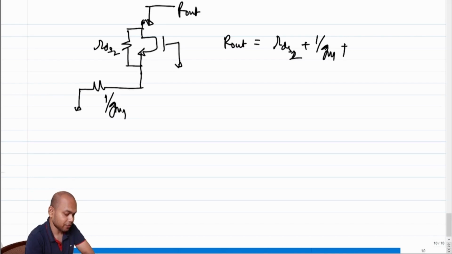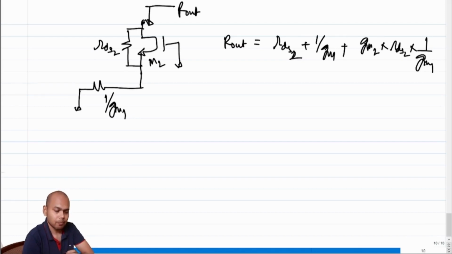What is the extra stuff? The extra stuff is GM of this guy, GM of M2, times RDS of M2, right, the intrinsic gain of the transistor, times the load, right? What is the load? 1 over GM1. Correct? So if GM1 is equal to GM2, if the bias, if W by L's are same,